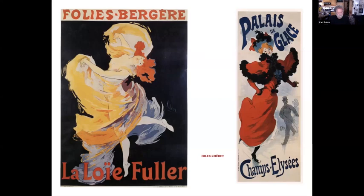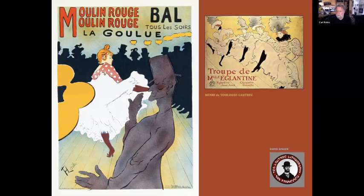So just to put things in context, this is Jules Chéret, and he was considered the father of the Parisian poster. Both of these are by him; the one on the left is for the Folies Bergère. Next we're going to show you Henri Toulouse-Lautrec, who took over. He was actually hired by the man who was running the Moulin Rouge to update Chéret's look. Chéret did about a dozen, 13 posters for the Moulin Rouge, and the proprietor was getting a little tired of it, so they hired Lautrec, and the poster on the left is his first poster for the Moulin Rouge, and